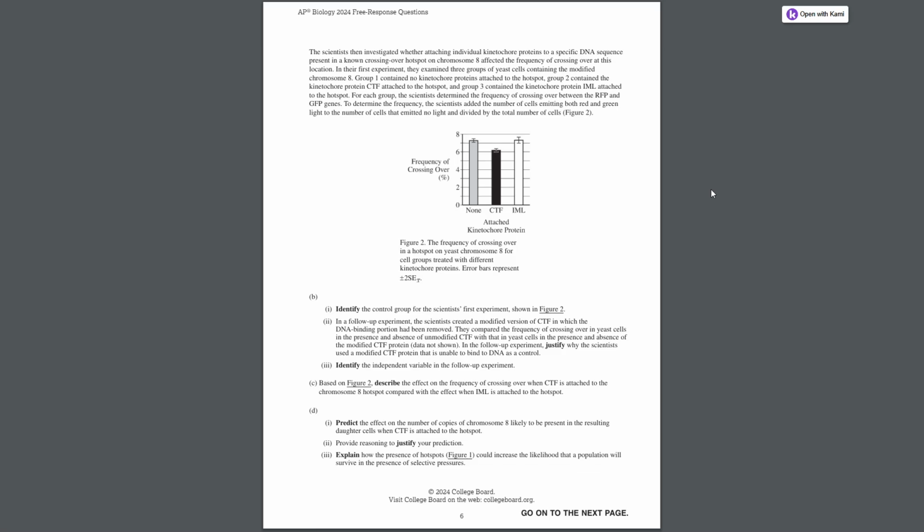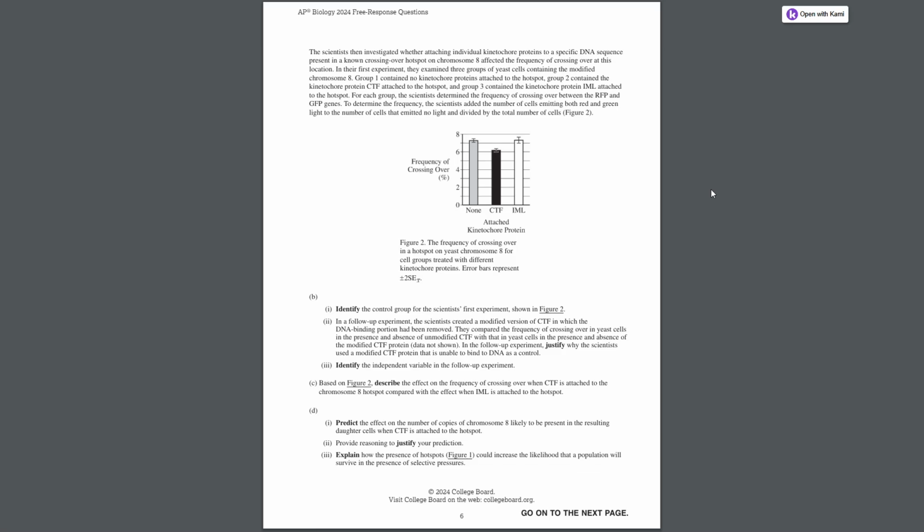In their first experiment, they examined 3 groups of yeast cells containing the modified chromosome 8. Group 1 contained the kinetochore protein attached to the hotspot. Group 2 contained the kinetochore protein CTF attached to the hotspot, and Group 3 contained the kinetochore protein IML attached